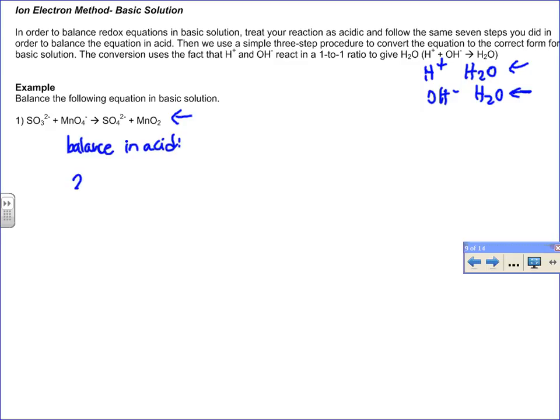When you balance this in acid, what you are left with is 2H plus, 3 SO3 2 minus, plus 2 MnO4 minus, 3 SO4 2 minus, plus 2